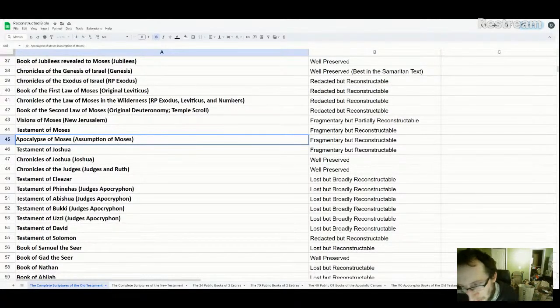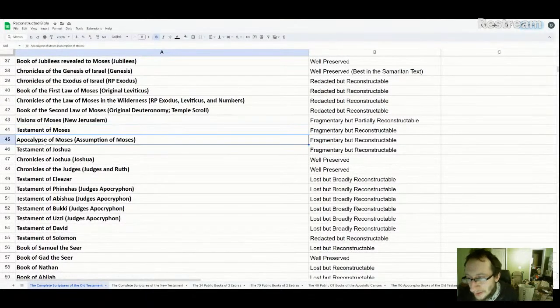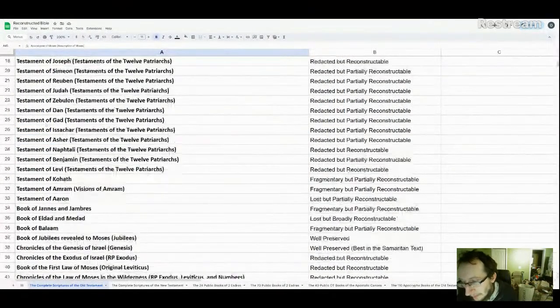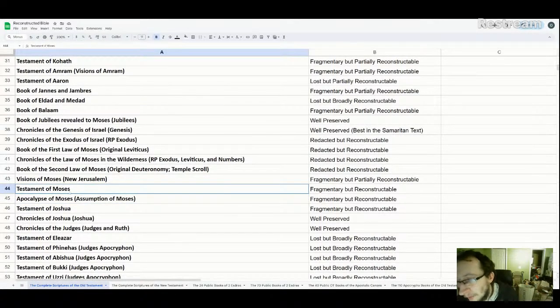The Testament of Moses is a little bit more tricky, but it would have followed along lines very similar to the other testaments, right? So it would have been instructions to his sons about his life, lessons. It would not have really been talking about the laws much at all. It wouldn't have been saying, these are the laws you are to keep. For the most part, it's instruction to his sons, his children. The Assumption of Moses has instruction of Moses to Joshua, but the Testament of Moses would be instruction to his actual children.